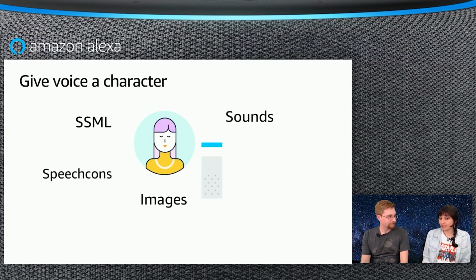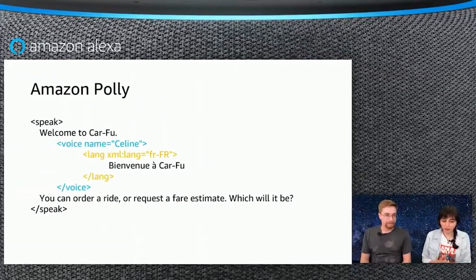And they definitely can have their own recorded sounds. Like in the Magic Door, we had the door sound, which was pretty engaging. So you can just record your sound and then add it to your Alexa skill. And what I liked about some of these games we played is they'll layer the sound with the voice. And I think that makes for a really nice effect. Exactly. So how to use some of these tags.